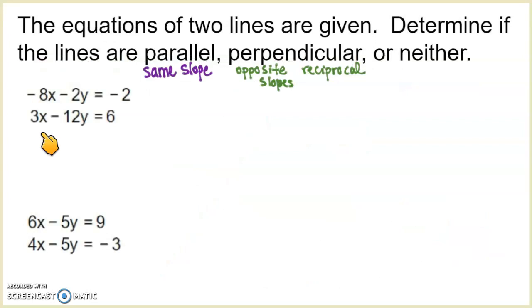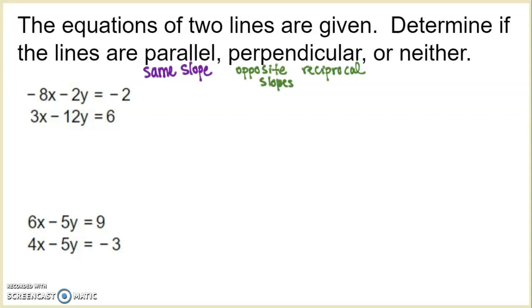Now for our first example, I'm going to do this one and then you're going to do this one. I want to determine whether or not these two lines are parallel, so they have the same slope, perpendicular, when I calculate the slopes they're opposite reciprocals, or they meet neither of those conditions. So to find the slope, since these equations are in standard form, I'm going to do both. I'm going to solve for y, both of them, and then I'm going to use a shortcut I showed yesterday